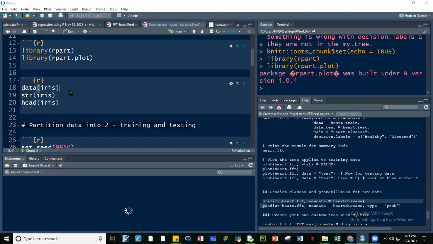Okay, so the data set iris comes with R, so it's already preloaded in R. So let's access that. So let's use the function data